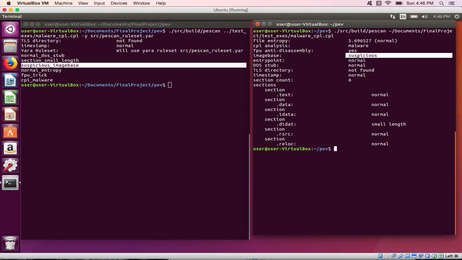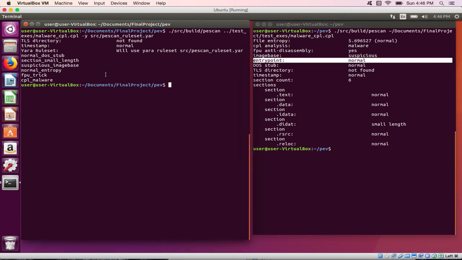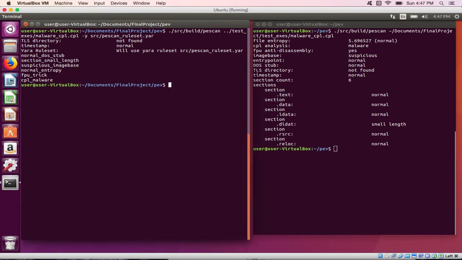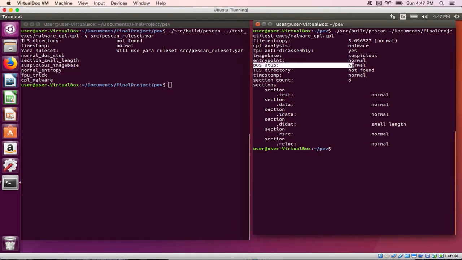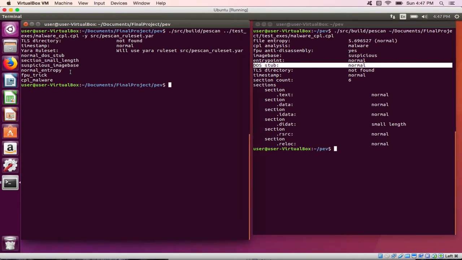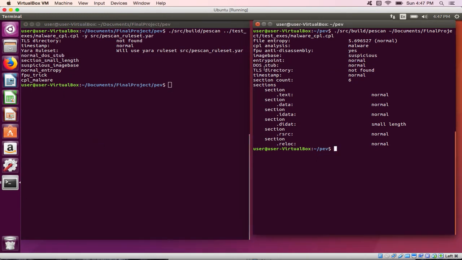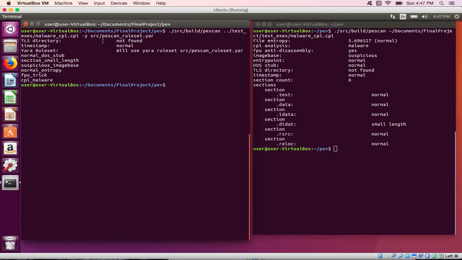The entry point is considered normal. Well, if you look over here, we have the normal entry point YARA rule. The DOS stub is, let's unflag that. The DOS stub is also considered normal. And here's your normal DOS stub flag. Finally, TLS directory not found. TLS directory up here is preserved, as is the timestamp being normal on both sides, over on here, as well